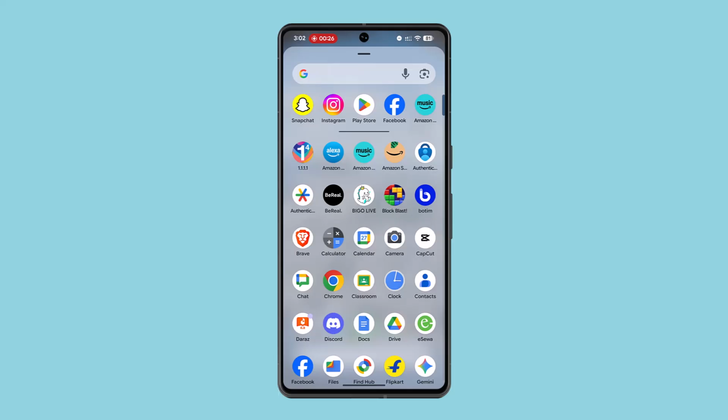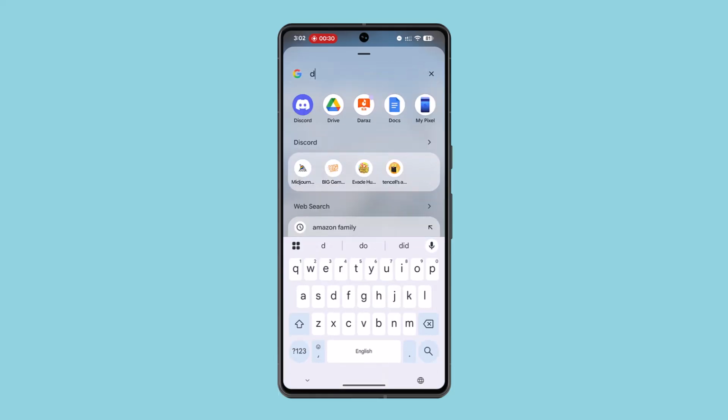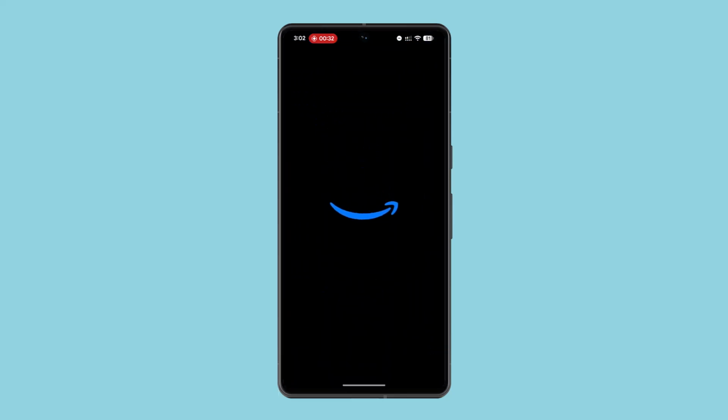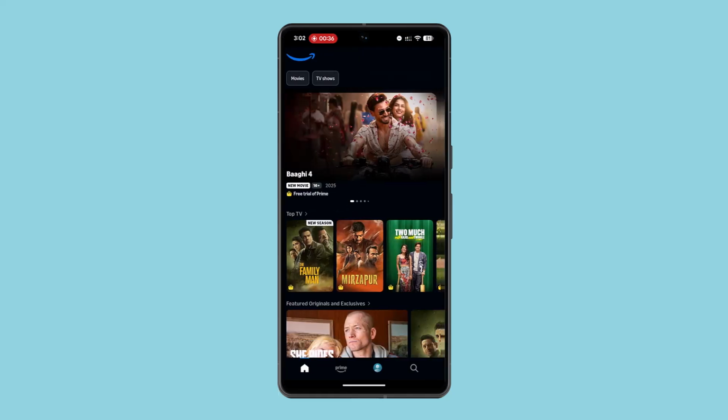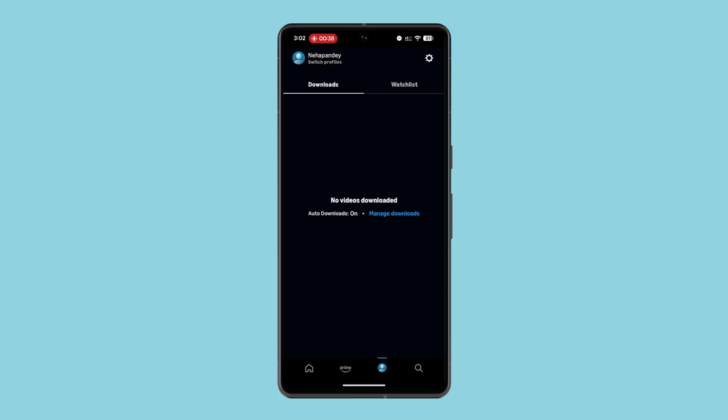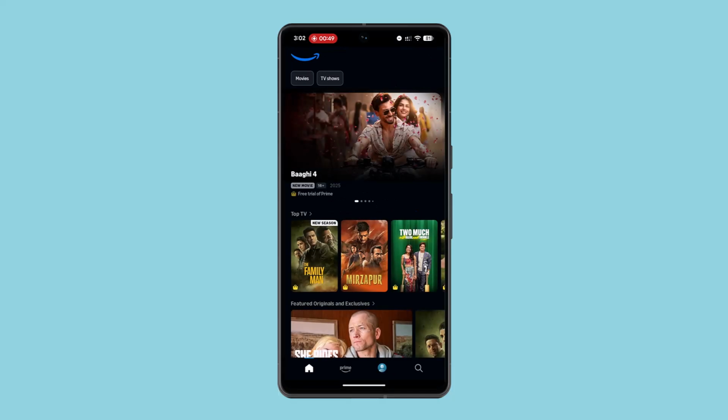Now what you want to do, in order to save content, or let's say download content, is open up your Prime Video application on your device, and here click on the profile initials at the bottom of the page. As you can see, you have a download section, right? So whenever you download any sort of movie or video or clip, it's going to be stored in the download section. But first, you want to move on to the home page,